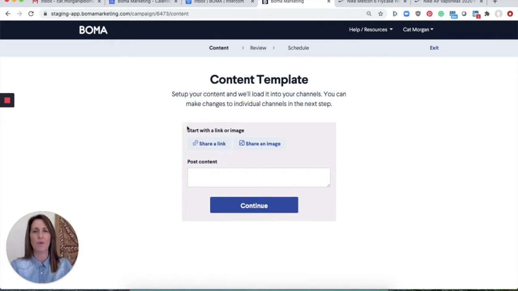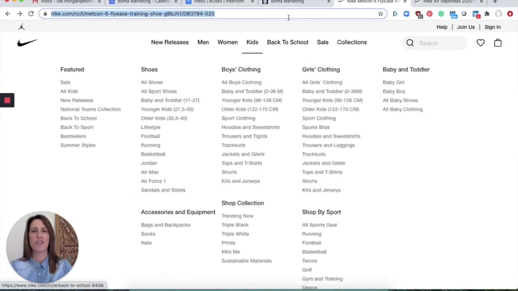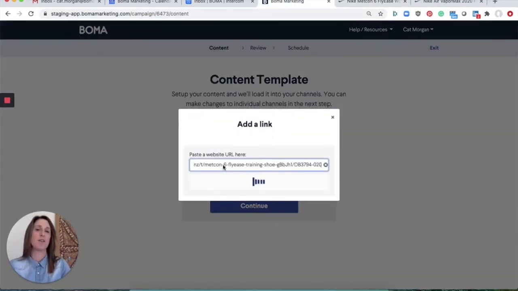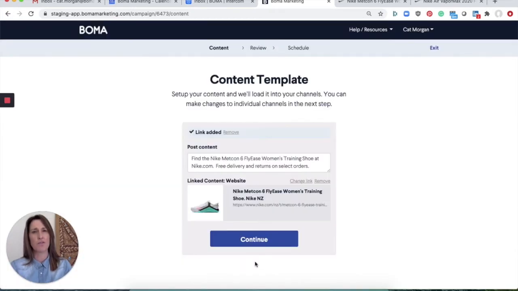First up, if you want to ultimately direct your readers to a web page, start with Share a Link. Otherwise, if you just wanted to share an image and some text, you can build them out here. First up is to copy the link of the page that you want to direct your readers to. Click on Share a Link and then paste it here. Boma will extract some data from that page for you to create a campaign,